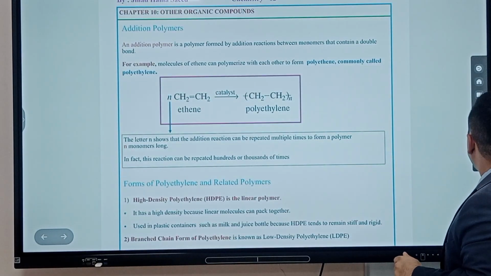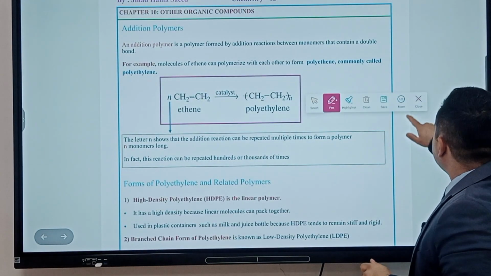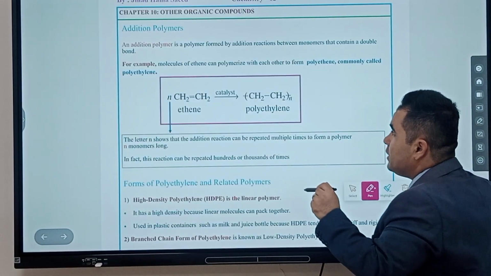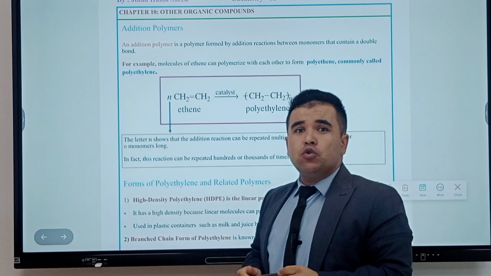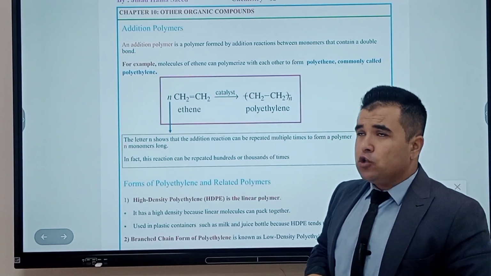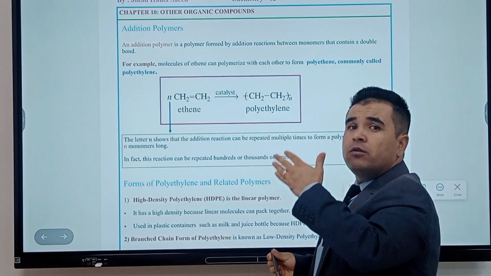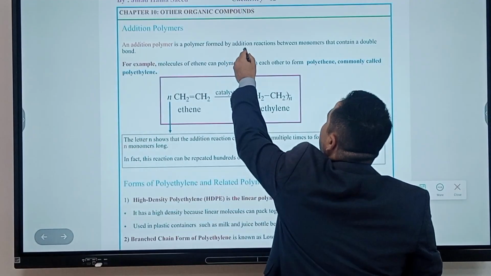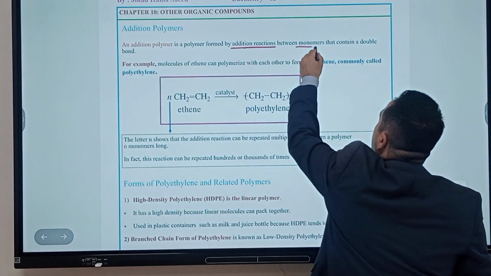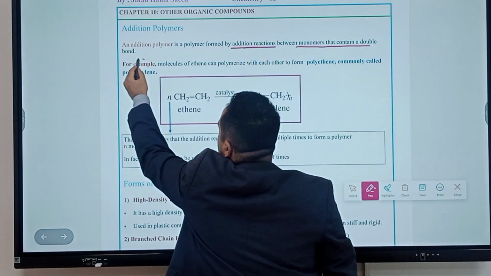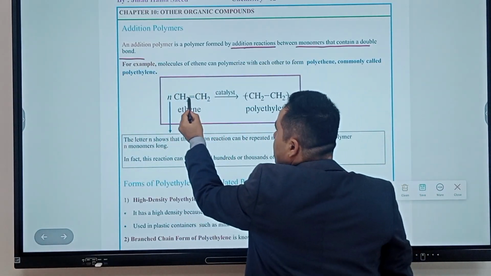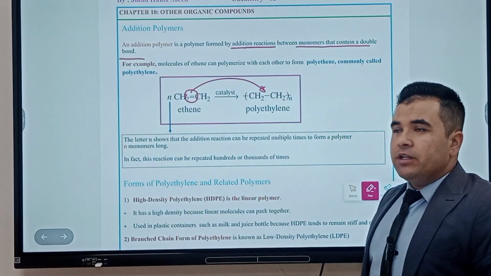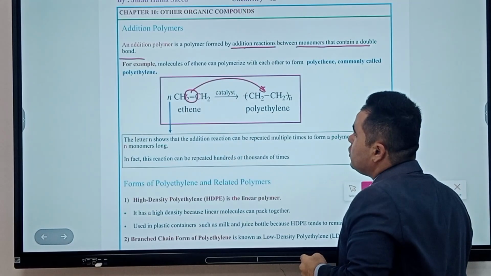We have got two reactions of polymer. The first one is addition polymer. How to form the addition polymer? The addition polymer is the same as the addition reaction, which increases the saturation. Double bond becomes single, triple bond becomes double and single. It is a polymer formed by addition reaction between monomers that contain a double bond. So whenever a monomer contains a double bond, the reaction happens and it becomes a saturated molecule, which we call the addition